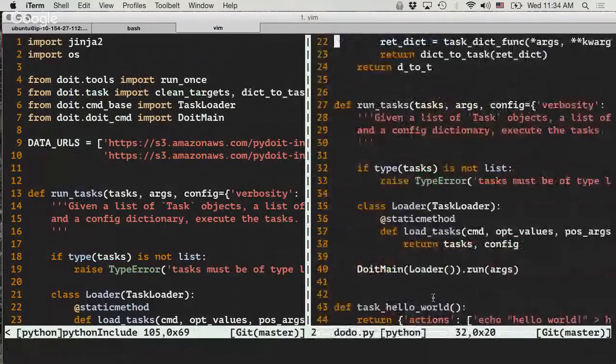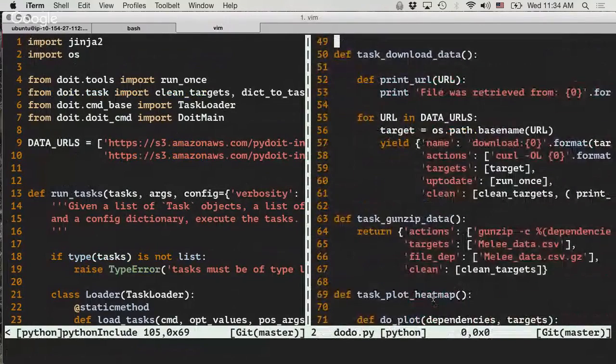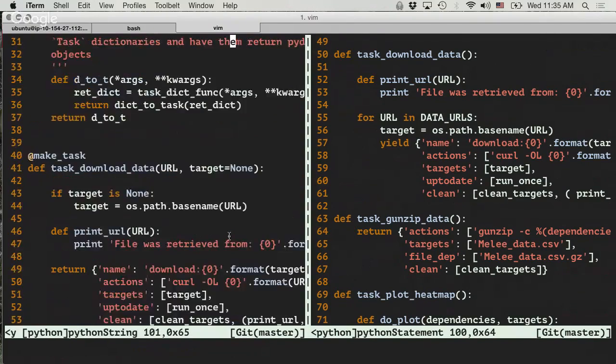So originally we had this download data. We've got the yield going on, and it's just going through the data URLs and yielding each task. But this doesn't work with a generator. There's ways to make decorators work with generators, but for now, you're probably already confused enough by introducing decorators. So we're just going to get rid of this, and we change it to